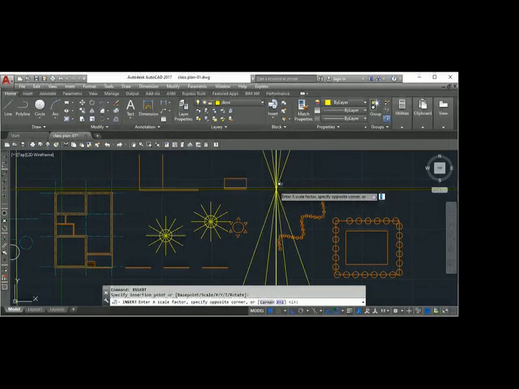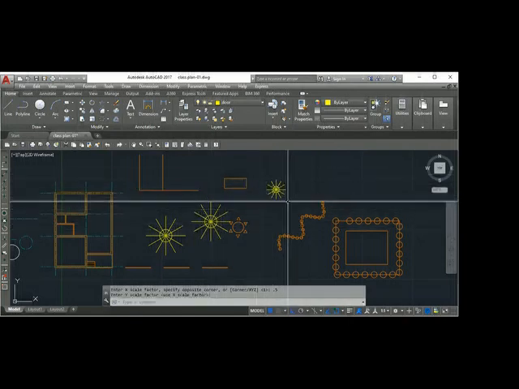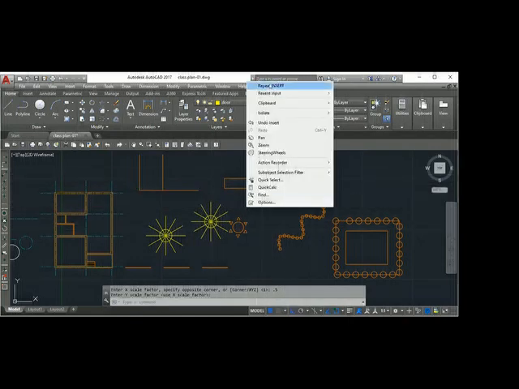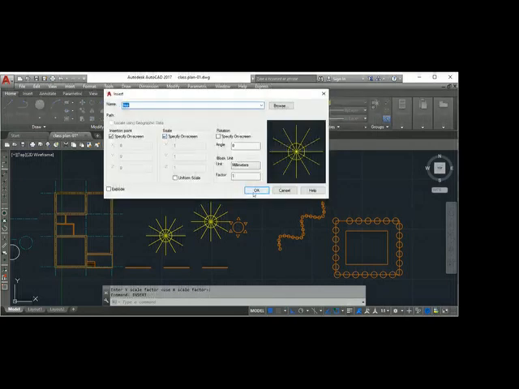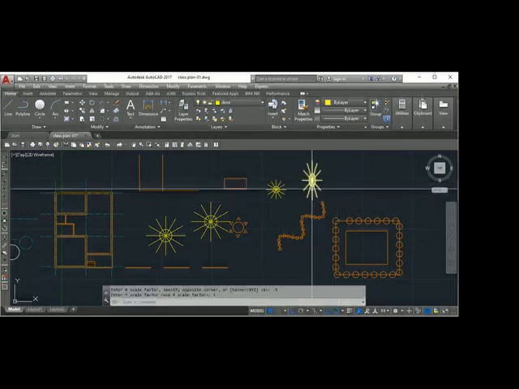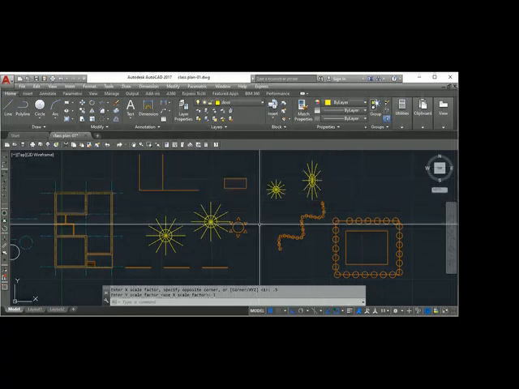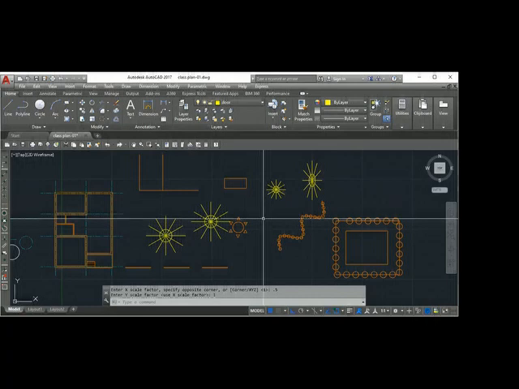Now it's asking X scale, Y scale. X scale I want to say 0.5. Y also the same. You can see that it is half size. Again, repeat, X scale on. I will give different scales. X scale 0.5, Y scale I'll say 1. See, it's tilted and distorted, you get a distorted object. So when you insert, X and Y scale should always be the same.